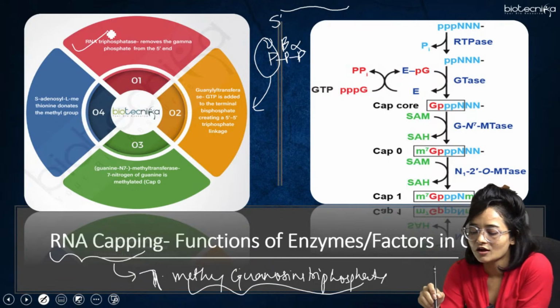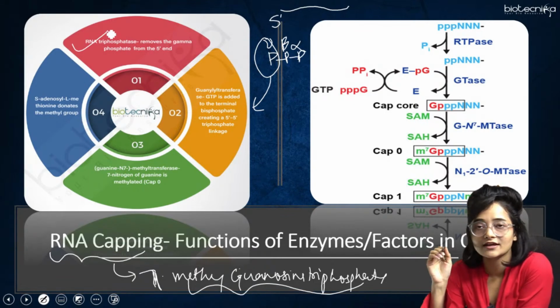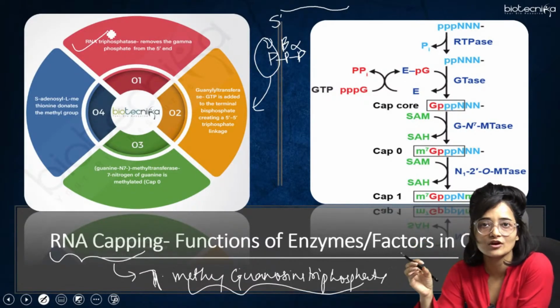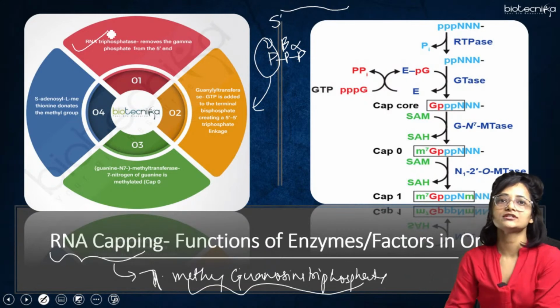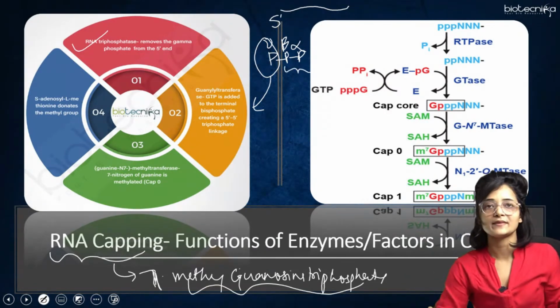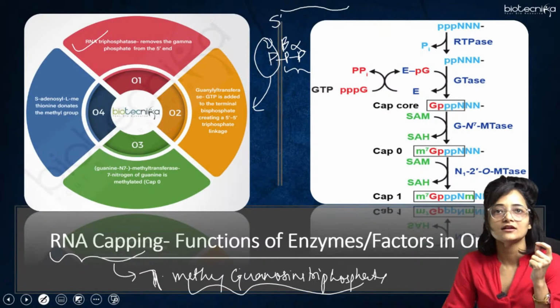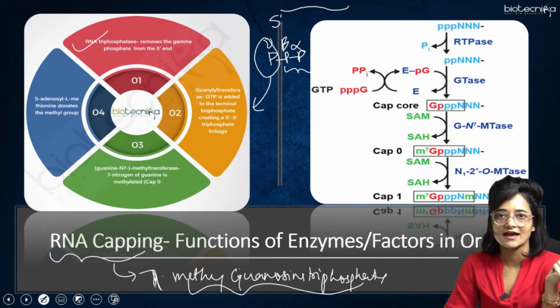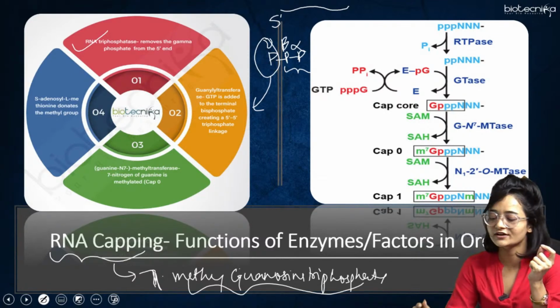After that, guanylyl transferase is the enzyme which brings the GTP from outside and adds it to the terminal bisphosphate which remains now at the 5' end. GTP is brought by the guanylyl transferase and added to this bisphosphate, creating a 5' to 5'